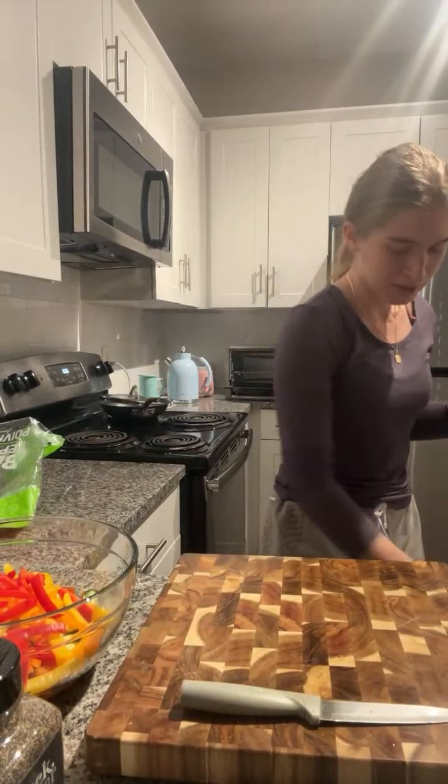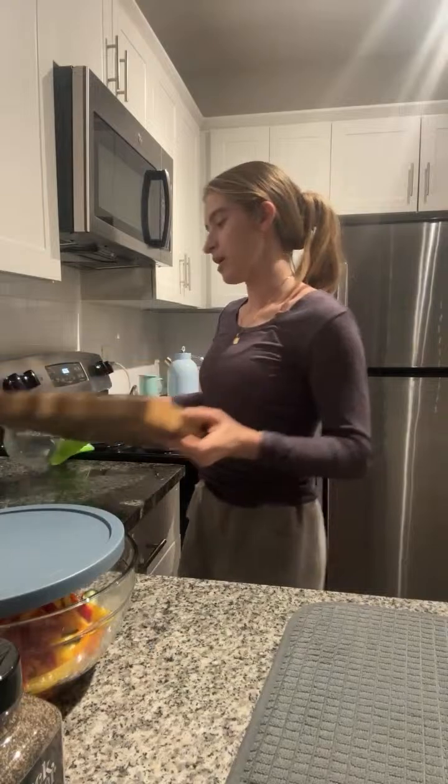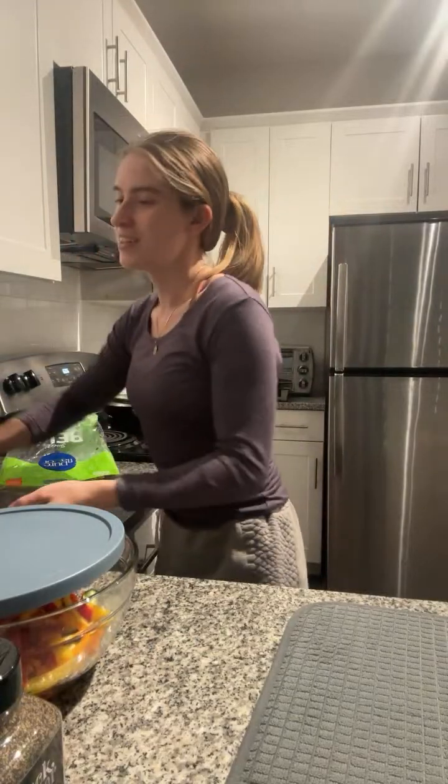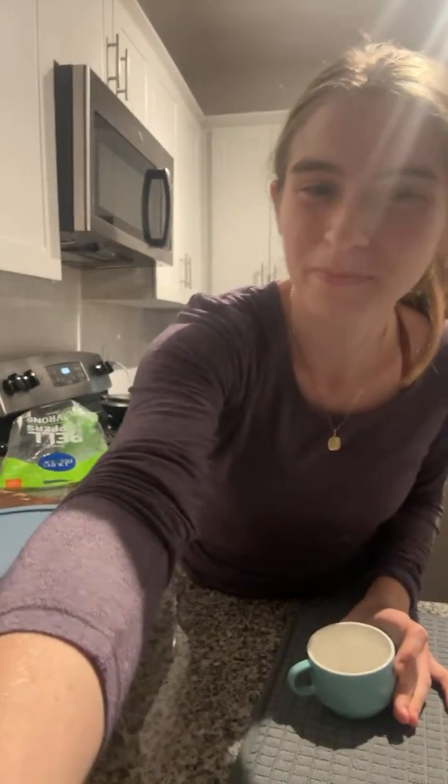Even though I do have to clean up the bell pepper seeds that made it to my floor somehow, we're gonna put the cutting board away. We are gonna get the cup that I use to measure for